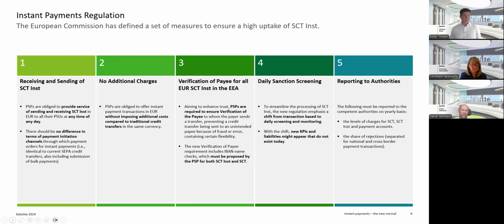But for the first report that is due next year in April, the European Commission forces the payment service providers to provide information on charges for credit transfers, instant credit transfers, and for the pricing of the payment accounts back until 2022 to see if there are any, let's say, very short-term changes with regard to charges. And just to finish on point number 5, there's also a topic with regard to